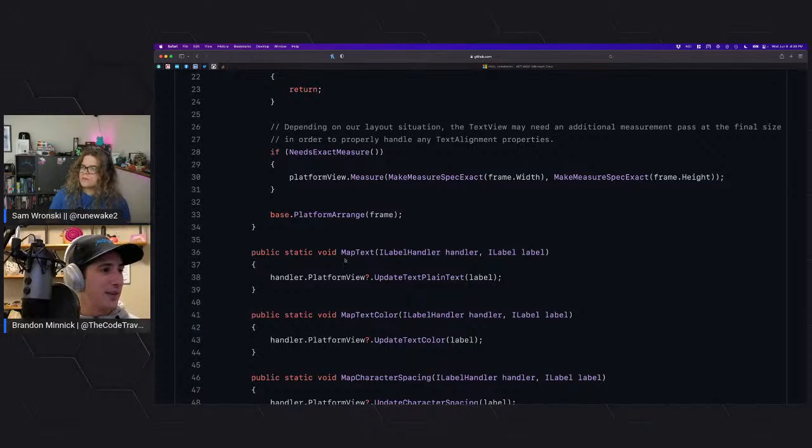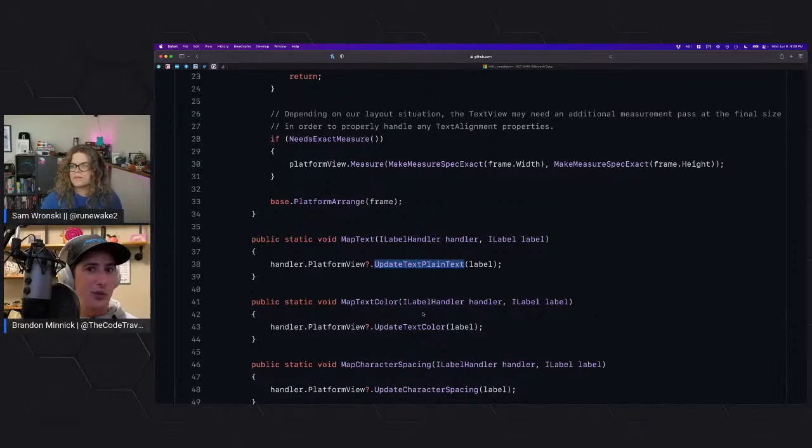And so things like MapText, when this method runs, it actually just calls this method called UpdateText, or MapTextColor calls UpdateTextColor. And these are Android APIs. These APIs are from the Android SDK that, again, all this technology, all we did was really we just wrapped all those Android APIs, all those iOS APIs, brought them to us C# developers. And so what's going on here is the